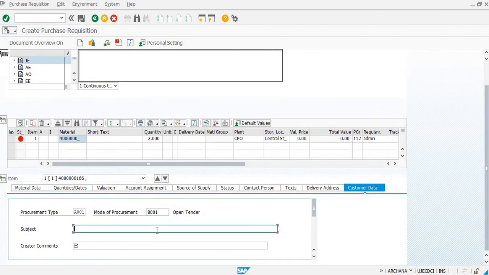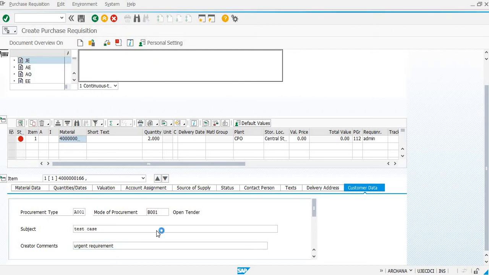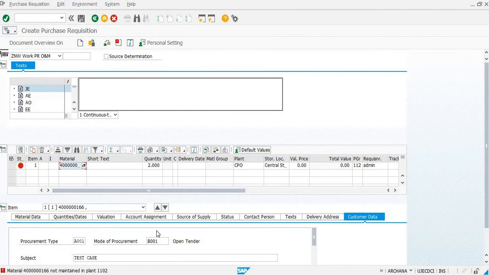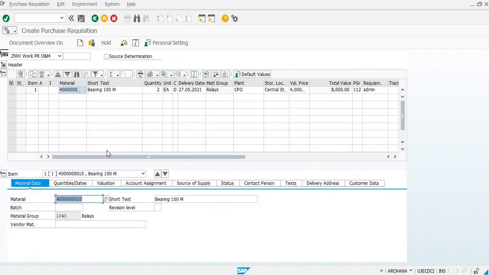Next is the PR subject. This is a mandatory field, and the creator comment.